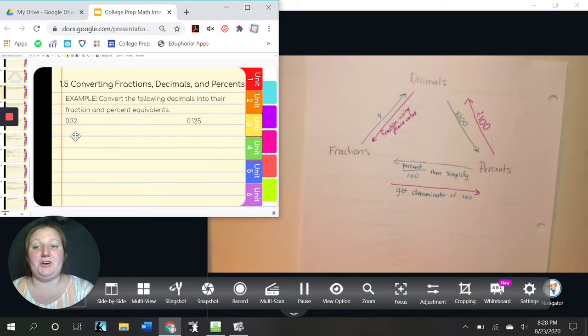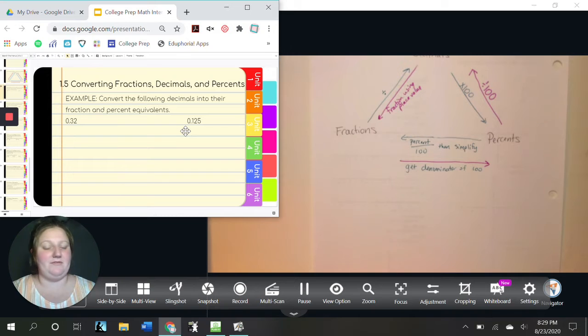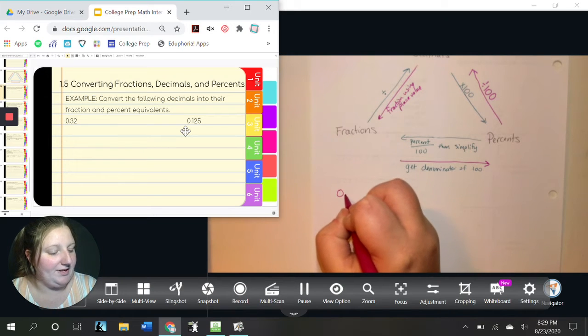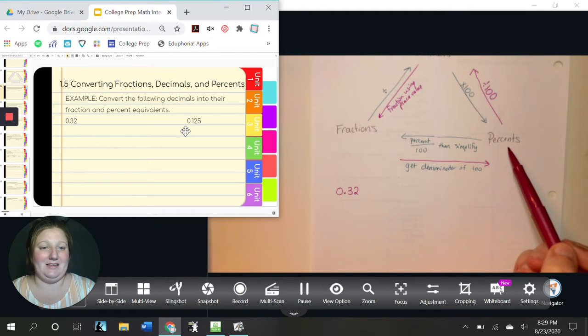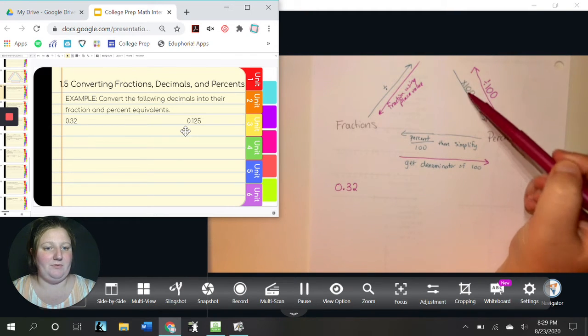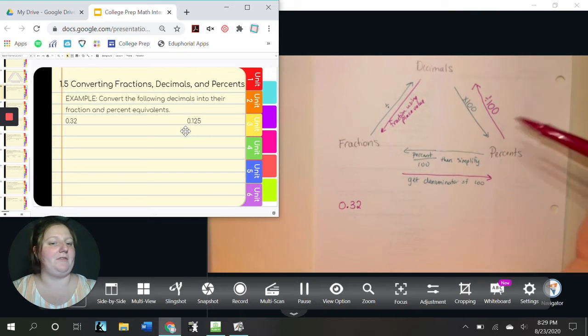So first we're starting off with some decimals, and from these decimals we want to get a fraction and a percent. So to start off with, we have 0.32. Alright, so we need to get this decimal into a percent and into a fraction. So the easiest one to get to is going to be to the percent, because to get to a percent from a decimal, if we follow our line here, sorry I kind of took it off the screen,